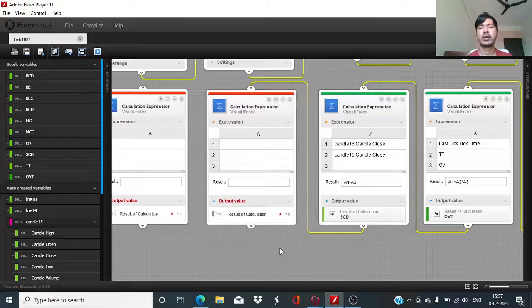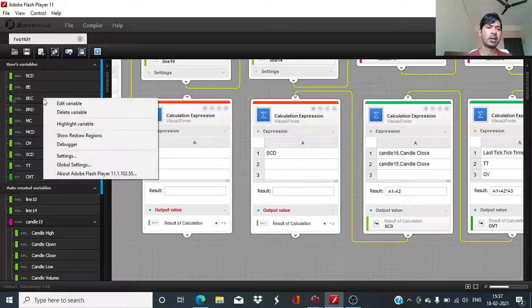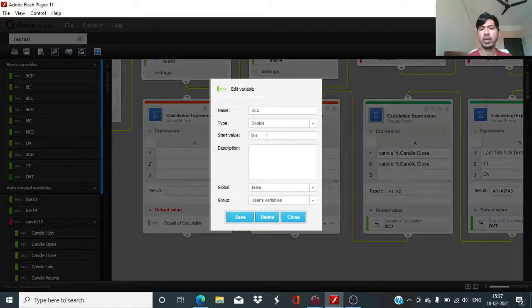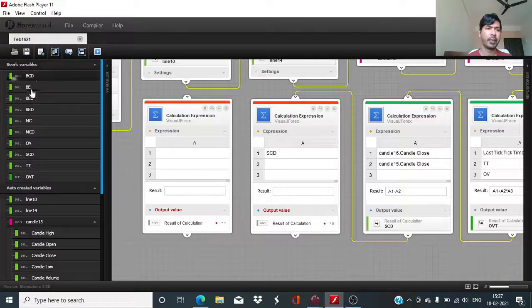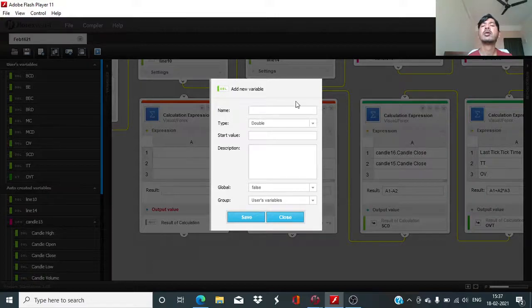And as I said while explaining the logic on the chart, we now need to look at the 40% of this candle difference. For that, I think this is the required variable, 0.4. And here it will be A1 into A2, and this will be the sale execution difference,